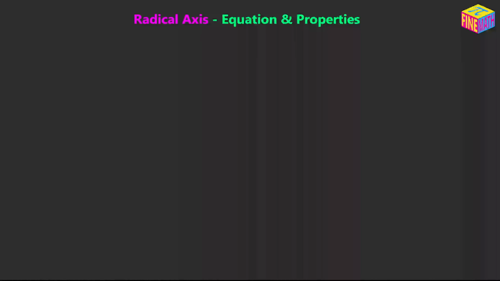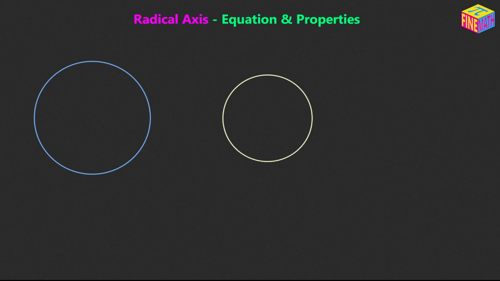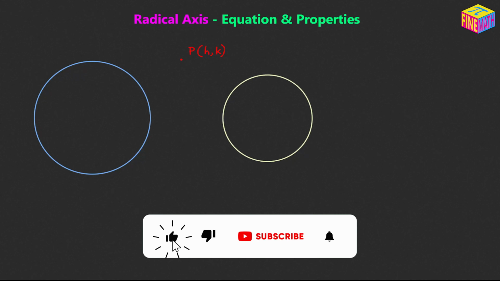Hi everyone, in this video we are going to discuss the radical axis, its equation and properties. Let's suppose we have a circle like this and another circle like this. Now let's suppose we have a point like this. Let's assume it's a moving point and its coordinates are variables h, k, and let's draw tangents from this point